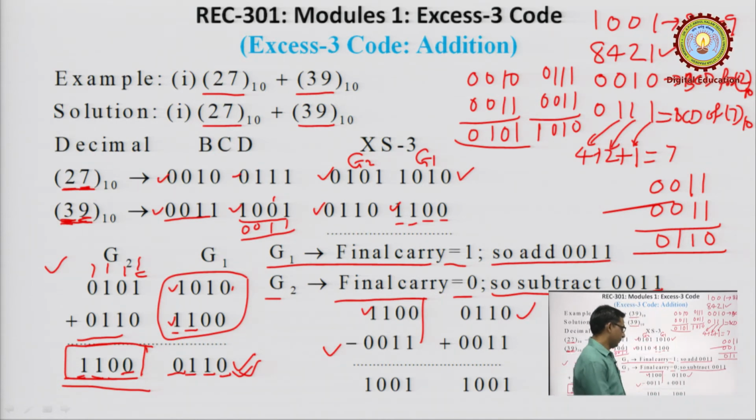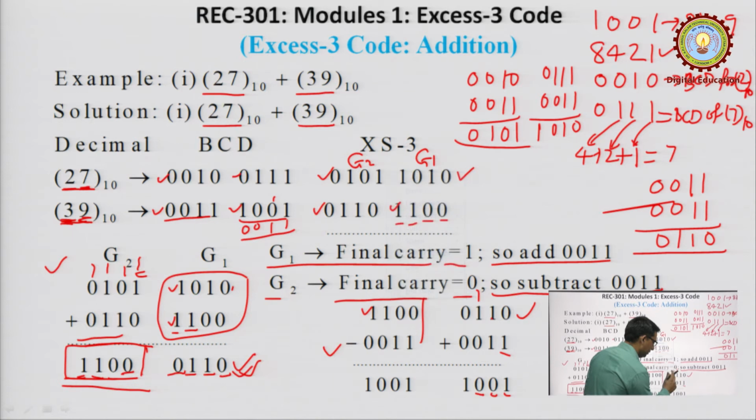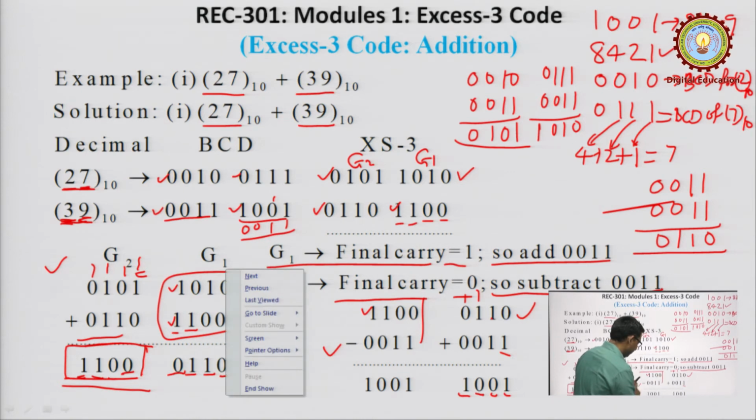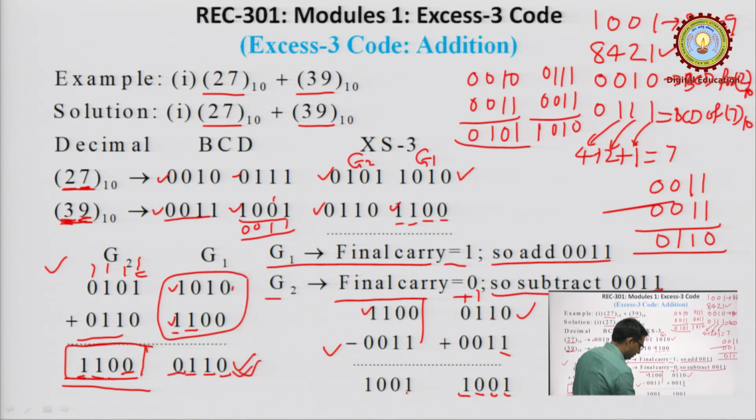Here we can see 0 plus 1 is equal to 1, we know that. 1 plus 1, the sum is 0 and carry is 1. This carry will go here, then 1 plus 1 plus 0, the sum will be 0 and carry will be 1. This carry will go here, and 1 plus 0 plus 0, the sum will be 1. Okay. Now, from this 0 plus 1 is equal to 1, 0 plus 1 is equal to, it should be 1,